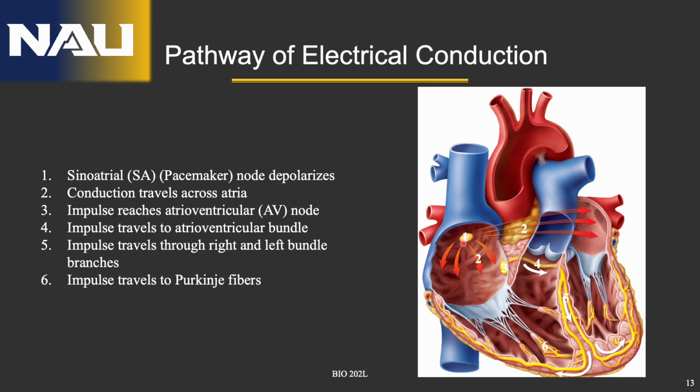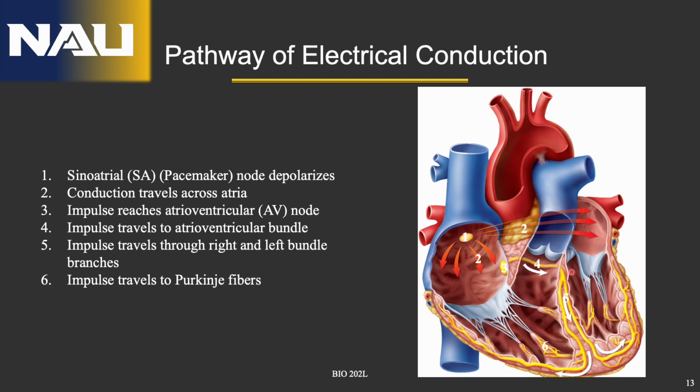And then our signal moves into the AV node, or the atrioventricular node. This is the node that connects the atrium to the ventricles. So we have the SA node and AV node. Now, it can be hard to differentiate those and remember the difference, but one thing that can help is the SA node starts with S, and so the SA node starts, the AV node moves from the atrium to the ventricles, and then we move into